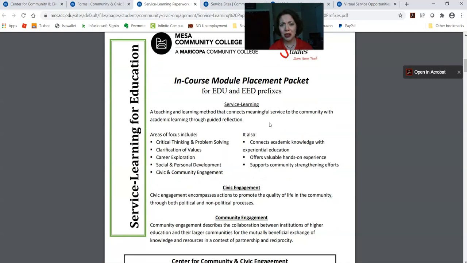So what is service learning? Service learning is a teaching and learning method that combines meaningful service to the community with academic instruction. Well, what does that mean? Well, your instructor wants to break down their classroom walls, or their virtual classroom walls at this point, and get you out into the community, experiencing and tying in what he or she is attempting to teach you in the